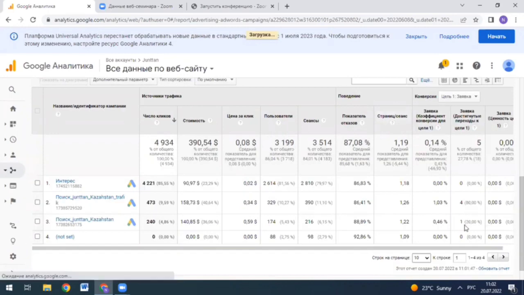Well, of course, the presentation of the necessary information on the site and in advertising is important in order to understand the right client as much as possible and help him to complete the application.